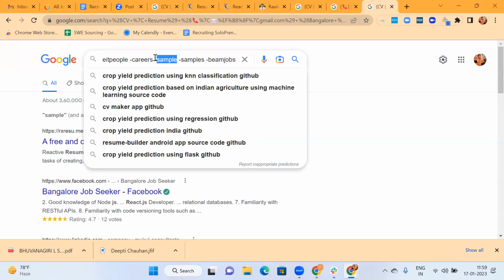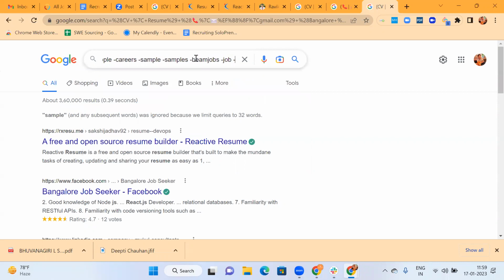In that case, I can just put minus Naukri. It should exclude all Beam Jobs, Monster, all those. Because those are synonyms of it or similar to it. But why is it not excluding? Because we are not specific. So in inclusion, definitely those suggestions will come, synonyms will come. But in exclusion, we definitely have to use minus job, minus jobs.